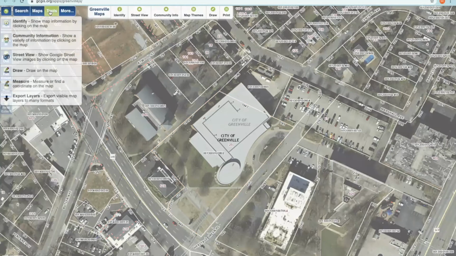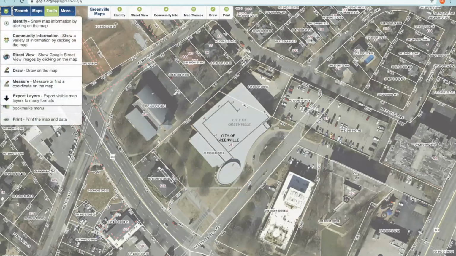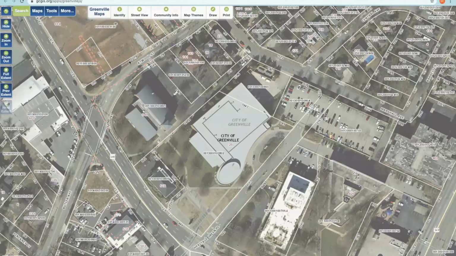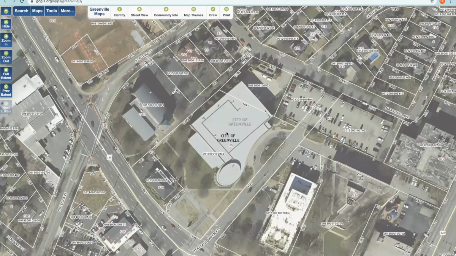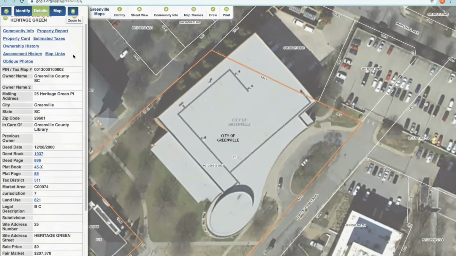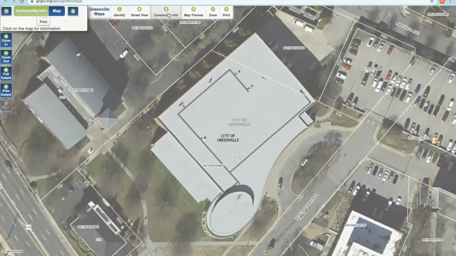Might have been tools. Because there is a way that you can create a mailing label, and you can do multiple ones as well. Let me see if I can find out where it went. Sometimes I feel like it just kind of pops up and you're like, hey, it's there. Let's see. I'll have to figure out where it went. But maybe it's under community info. Trying to figure out how I found it.